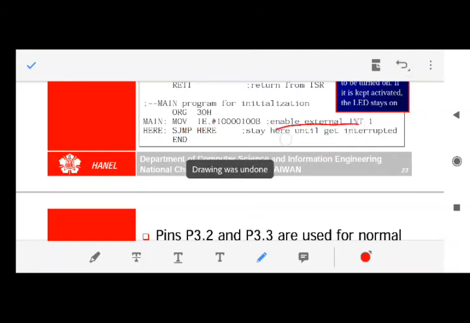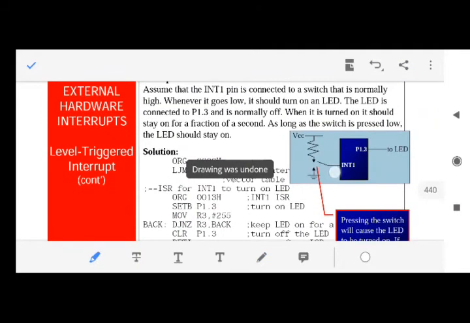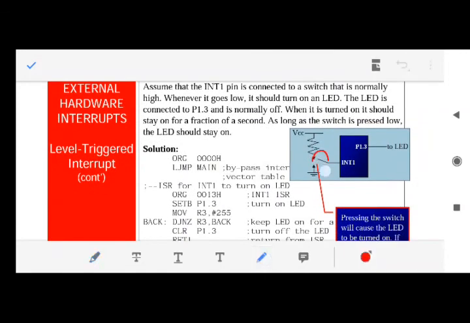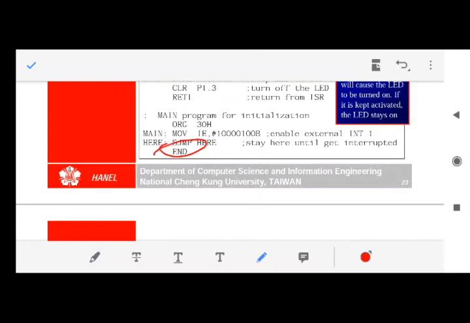Everything is written here. These are comments. You can read these also. Then what I said? You should remain on a single line and wait until this switch becomes on. When this switch is connected to ground, that means this becomes 0. Whenever it becomes 0, the interrupt has occurred, and the 8051 will leave this line and jump to the ISR corresponding to interrupt 1.